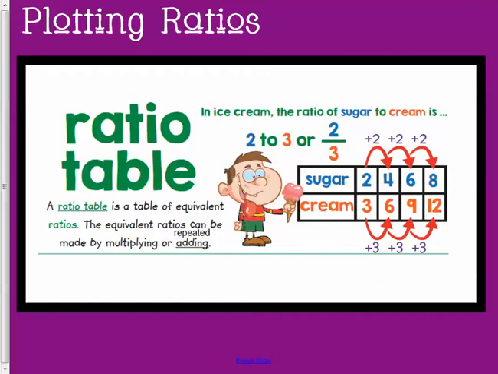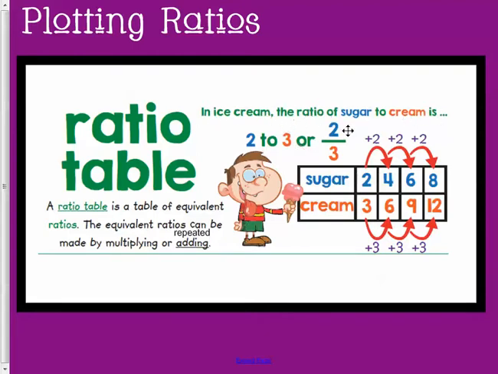Today we're talking about plotting ratios from a table. A ratio table is a table of equivalent ratios. So these equivalent ratios can be made by multiplying or repeated addition. So if I start with 2 to 3 as my ratio, and ice cream, the ratio of sugar to cream